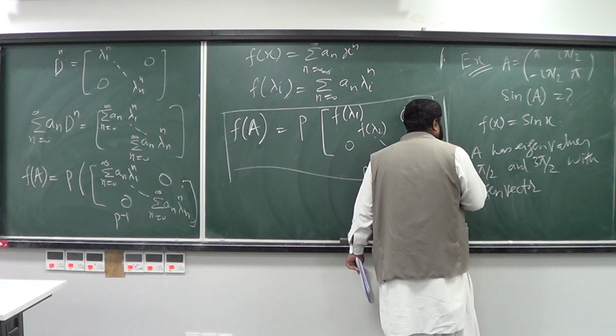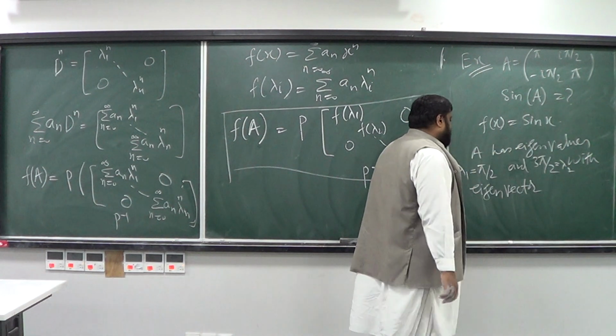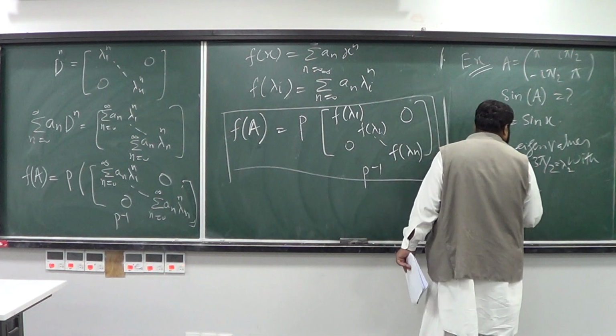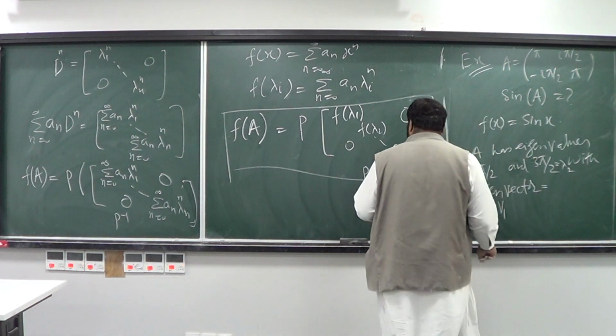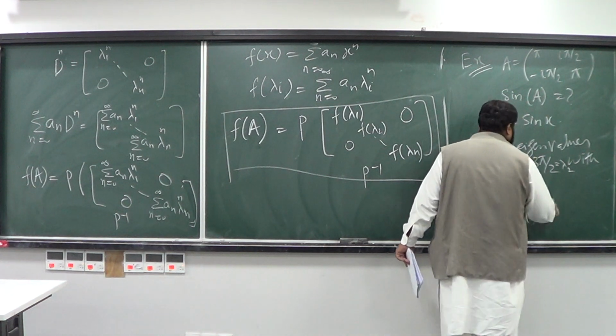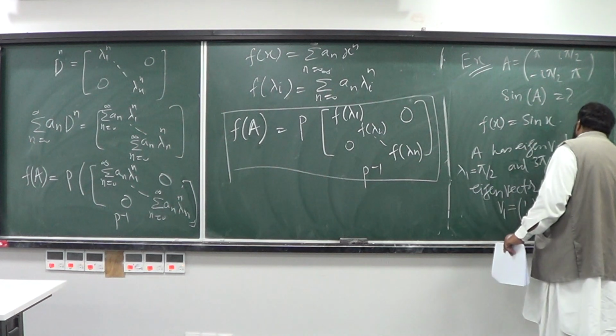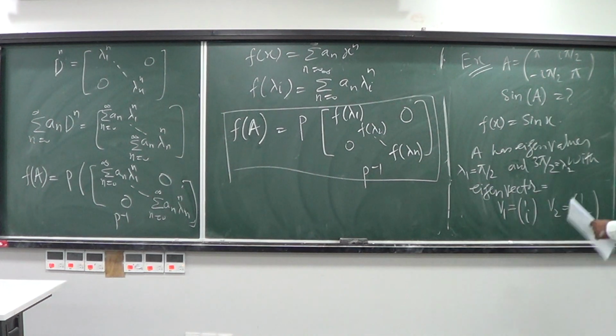So this is my lambda_1 and this is my lambda_2. And the associated eigenvectors respectively are V1, which is (1, i), and V2, which is (1, negative i). Once you have this,